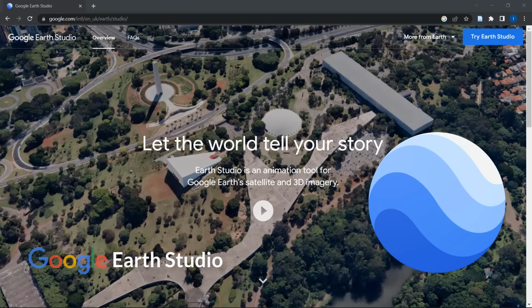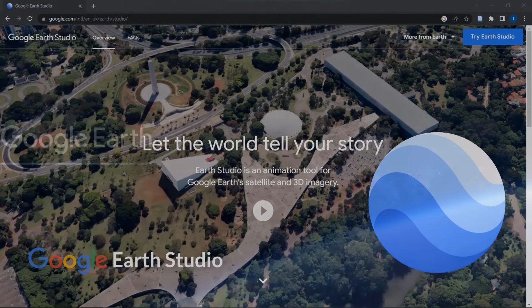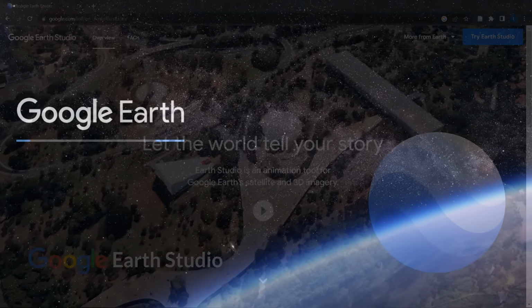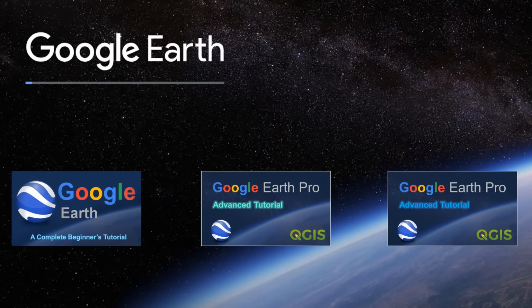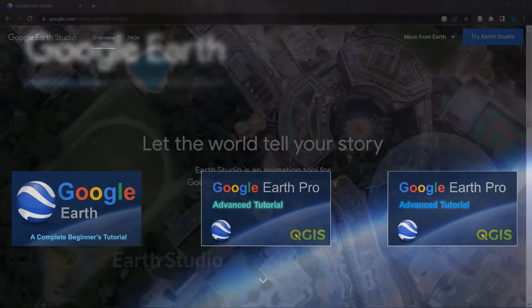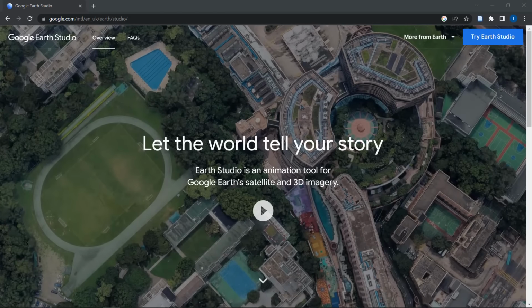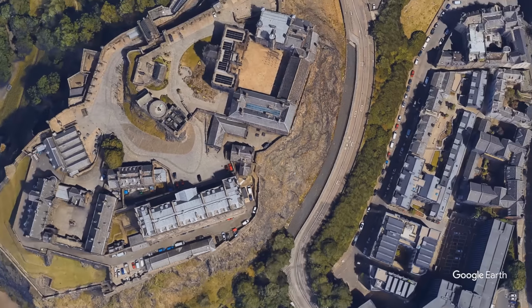Now, you might be familiar with Google Earth, which is an amazing platform for exploring our planet, and I have done a few videos which extensively cover the capabilities of Google Earth Pro. But Google Earth Studio takes it a step further by giving you the ability to create dynamic animations that captivate